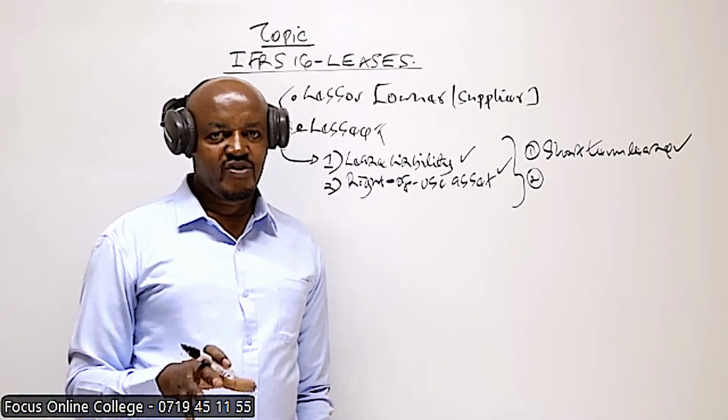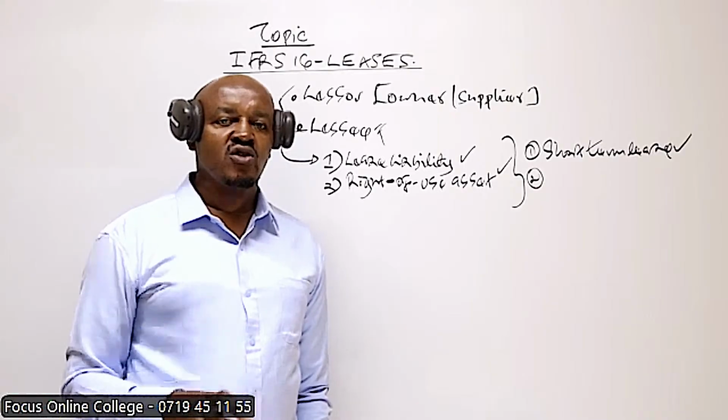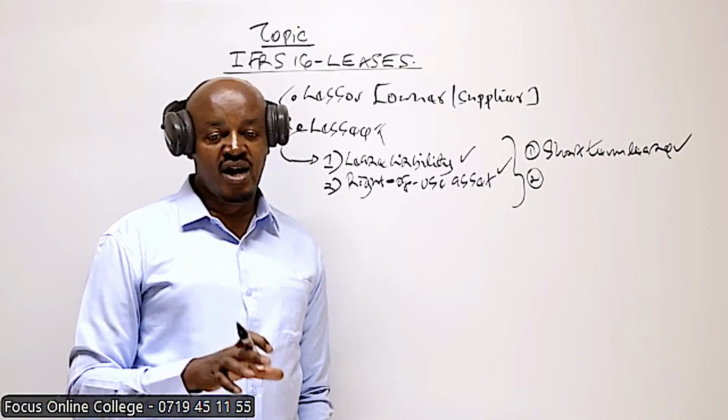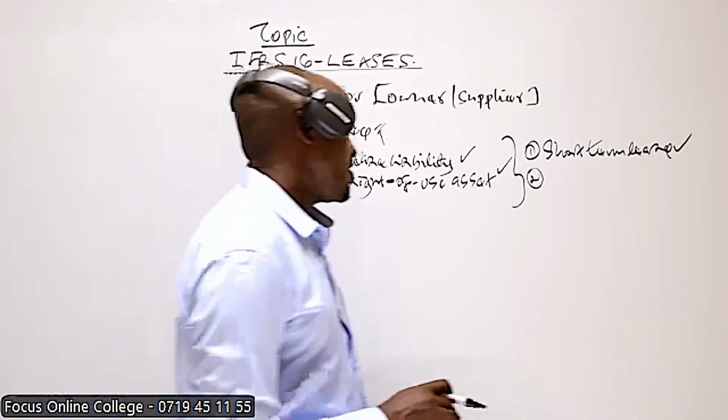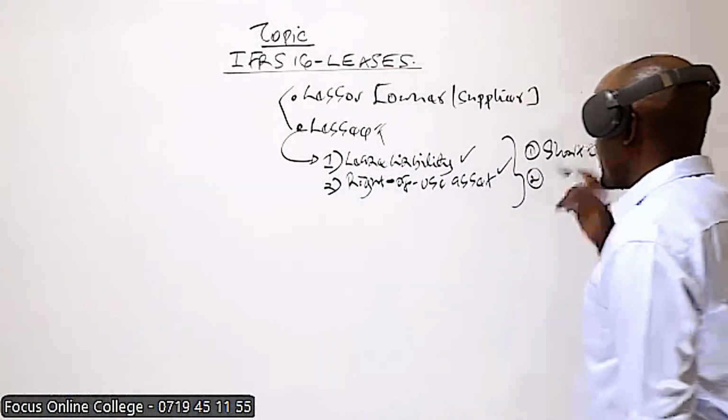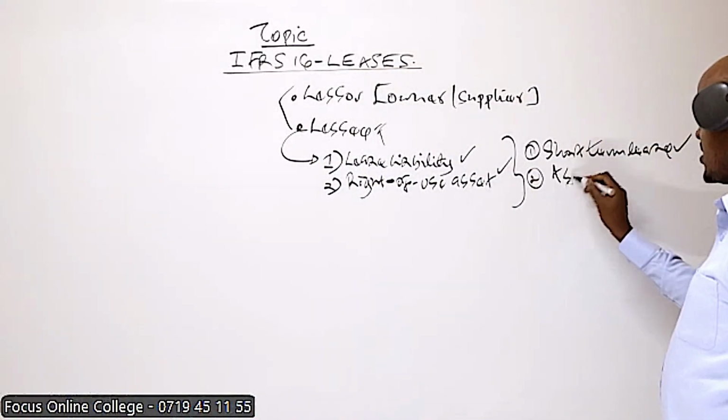So whatever you paid as the lease rentals, recognize that as an expense in the income statement or in the statement of what? Profit or loss. Number two is saying if the asset which has been leased is basically an